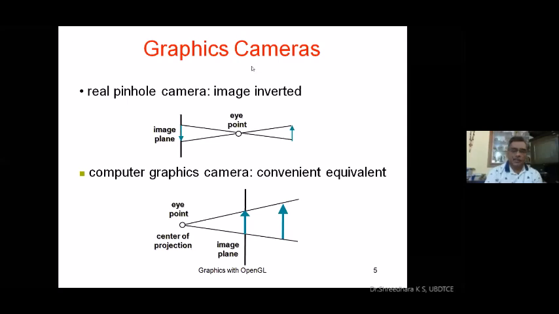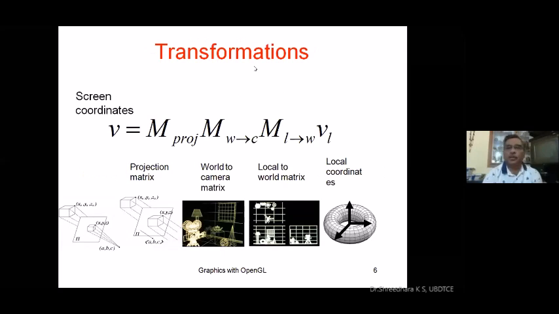There is a good number of transformations from one domain to another, which happen automatically in our process to get screen coordinates, the final requirement. Local coordinates get multiplied with the local-to-world matrix, the world-to-camera matrix, and the projection matrix.